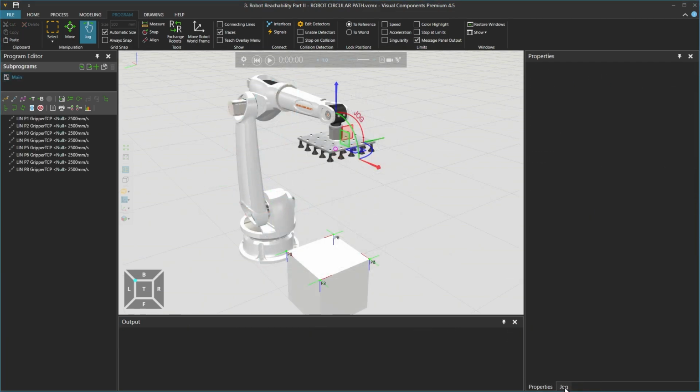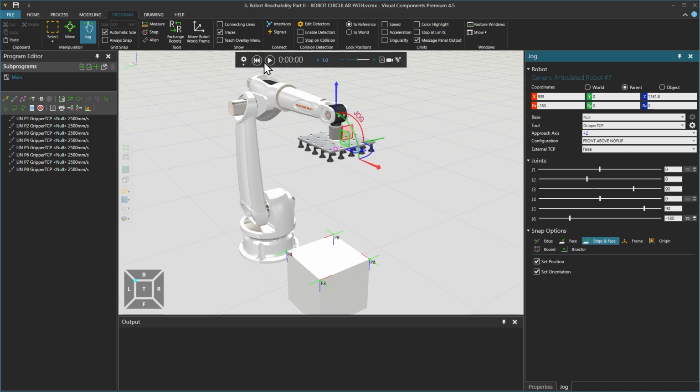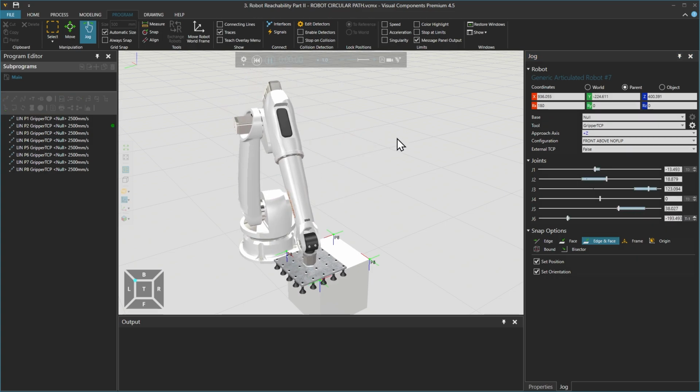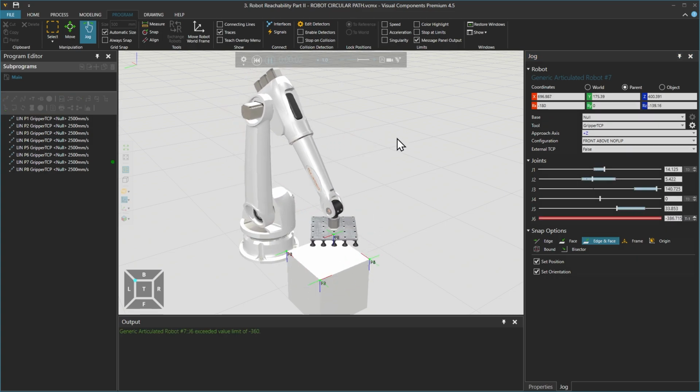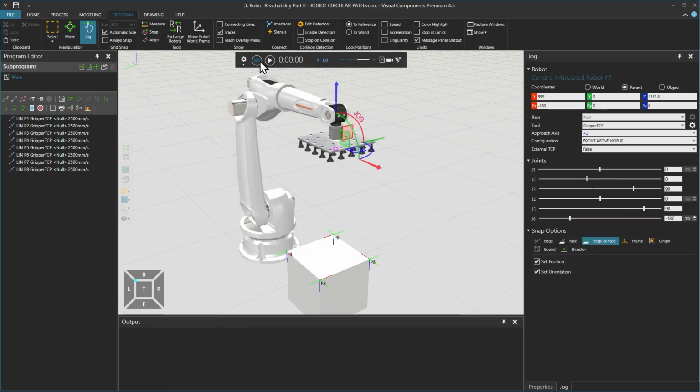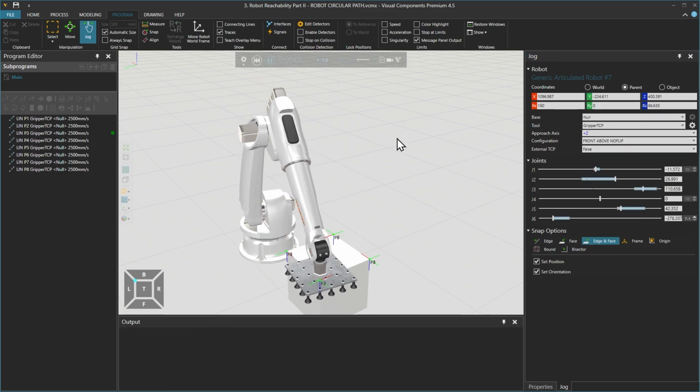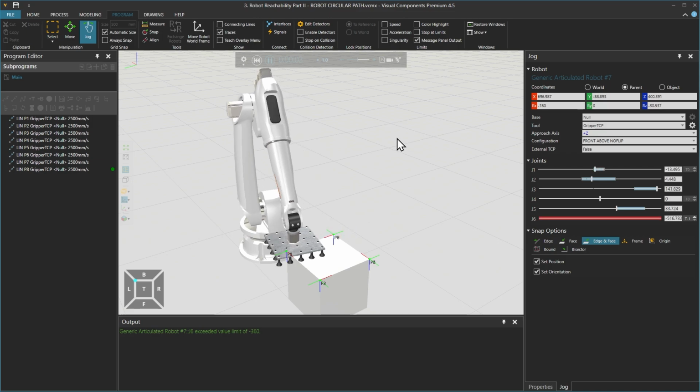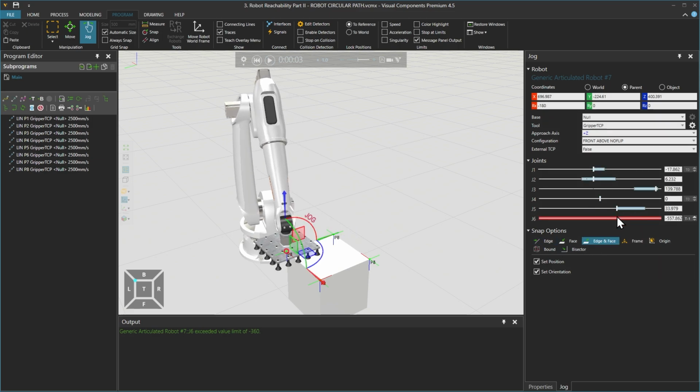In our first example, using linear motion statements, when we run the simulation, the gripper is moving around the edge of the box, rotating 90 degrees after each turn. And as it's spinning around, joint 6 goes over the limit of -360 degrees. You can only fix such joint issues using a PTP motion statement.